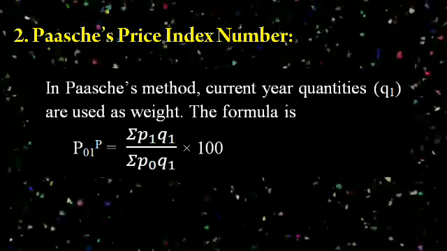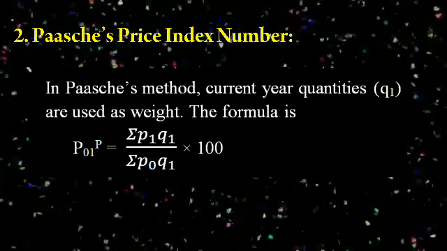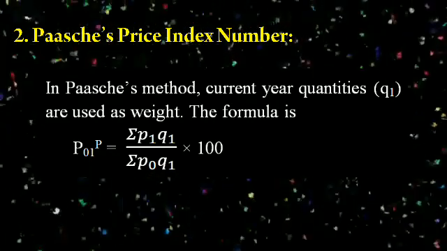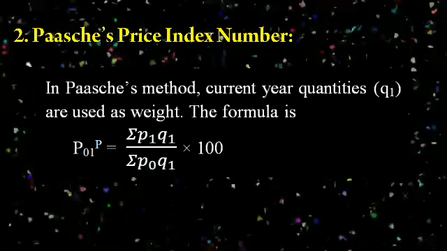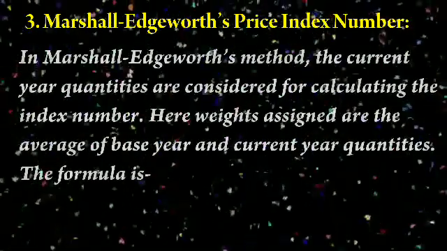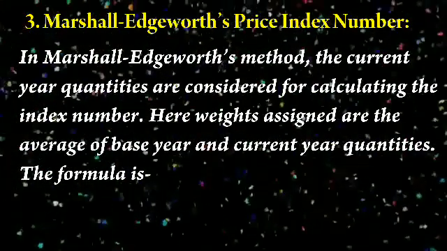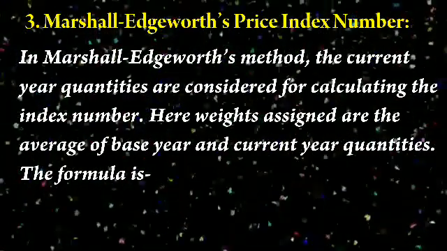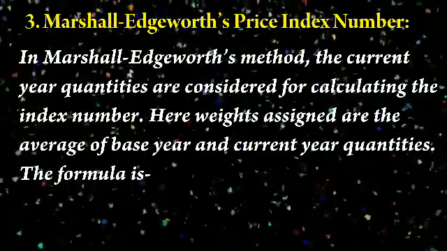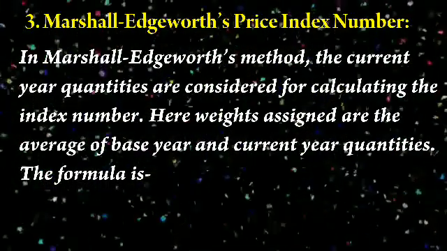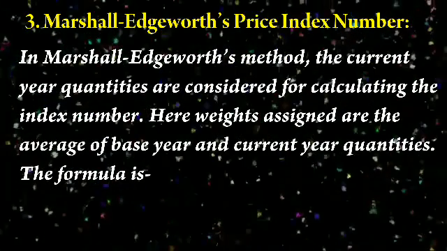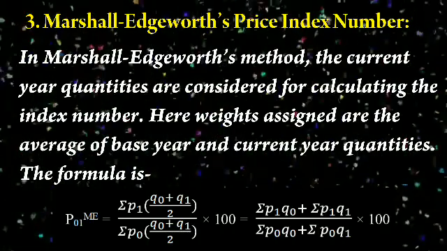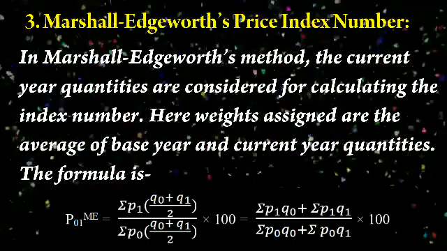Always the left hand side P is the capital letter P values, right hand side the indication which you are using, those are the small letter p and q values. Be careful. Third one, Marshall-Edgeworth's price index number. In Marshall-Edgeworth's method, the base year and current year quantities are considered for calculating the index number. Here, weights assigned are the average of base year and current year quantities, and the formula is sigma P1 Q0 plus sigma P1 Q1 divided by sigma P0 Q0 plus sigma P0 Q1,